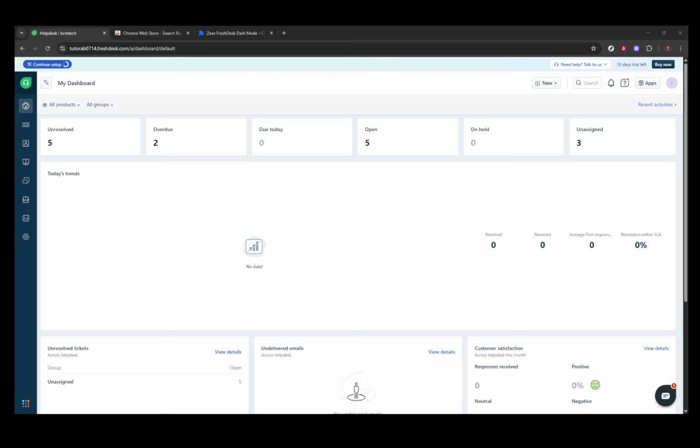In today's video, I'm going to teach you how to enable dark mode in Freshdesk, even though the platform doesn't offer a native dark mode feature in its agent interface or customer portal. Many users find dark mode helpful for reducing eye strain, especially during long hours of work. While Freshdesk hasn't yet implemented this feature natively, you have a couple of effective workarounds that can help you achieve